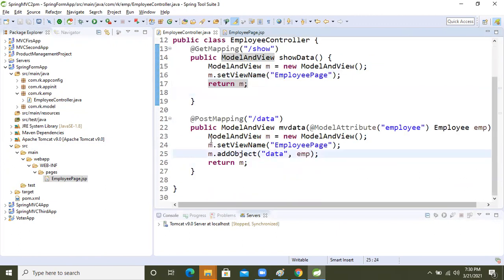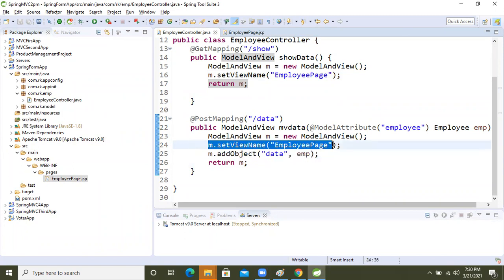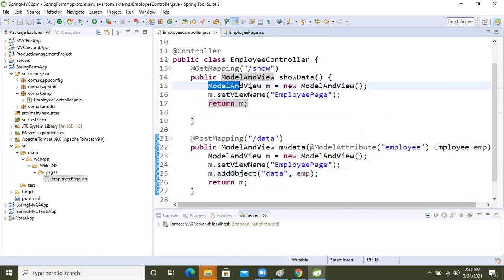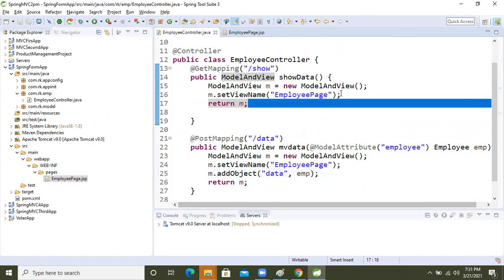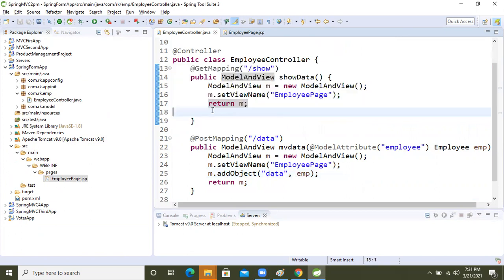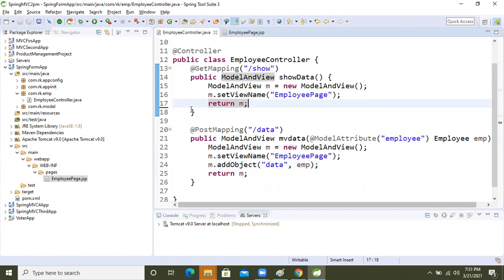We send data in this method whenever we are making a post kind of request. At that time we use model data and also view name. But if we are not sending model data, internally in ModelAndView this method is already there.